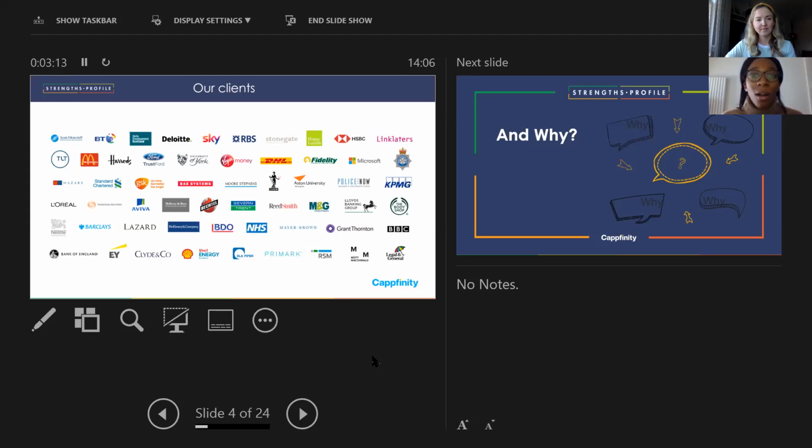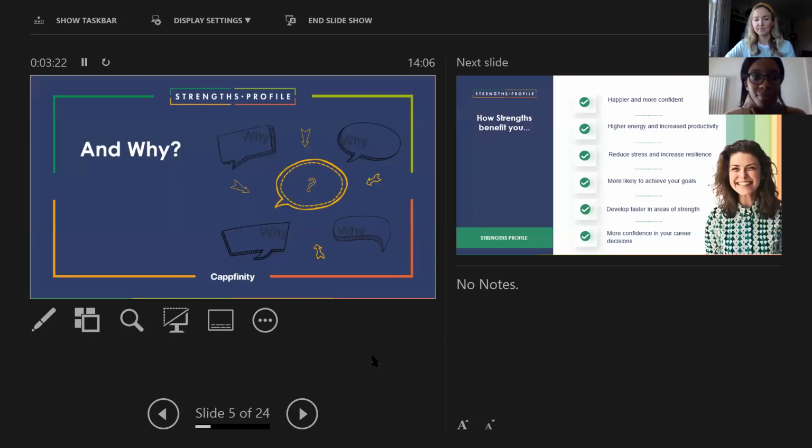So these are a lot of our clients that are using strengths. If you're thinking of applying to some of these employers, you will need to know what your strengths are. So why do they use strengths? The key thing really is about being able to assess you authentically. Some of you may have heard the word competency before.